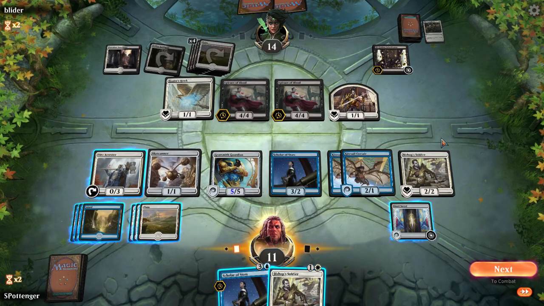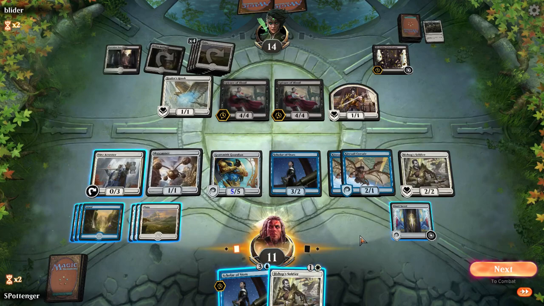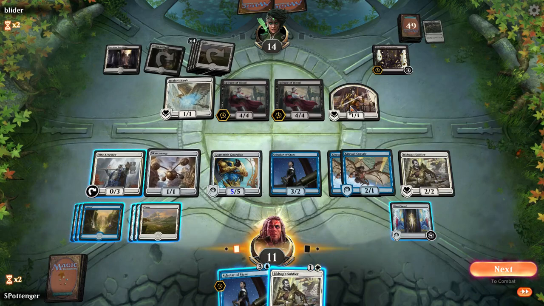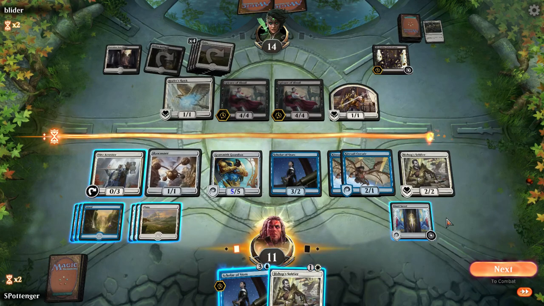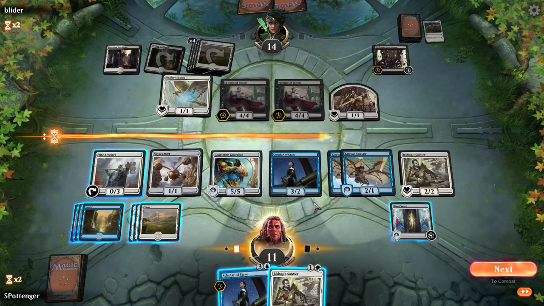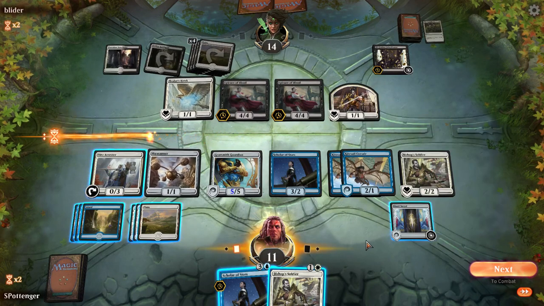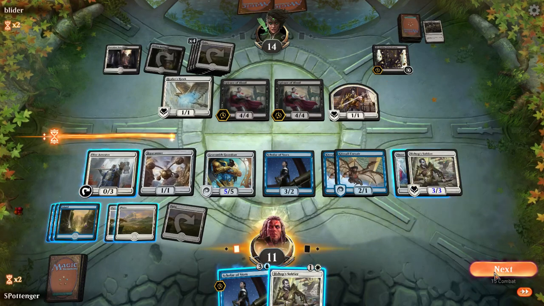Wow. So I'm going to be taking at least 6 here, which will put me to 5. And then they can pop this to do an extra 2. So I have to attack with my soldier here. Okay, wait, can I? If I tap down Healer's Hawk and I attack with everybody, does that put him in a position? Alright, I don't know how the math on this works out, but I'm running out of time here, so...